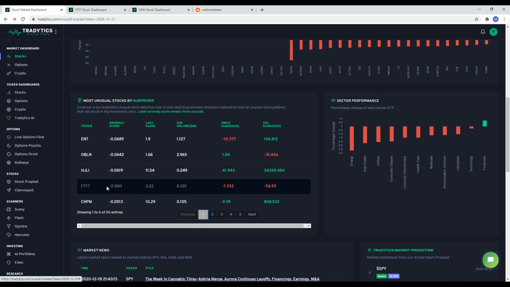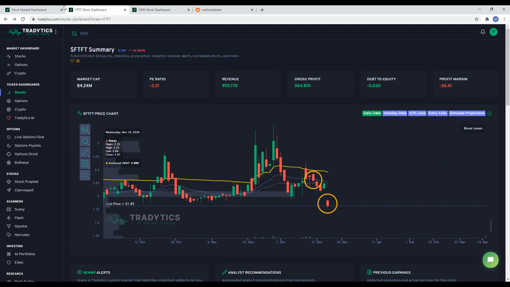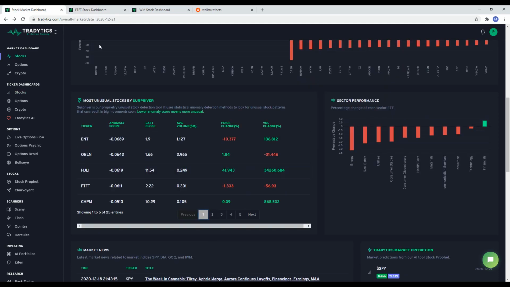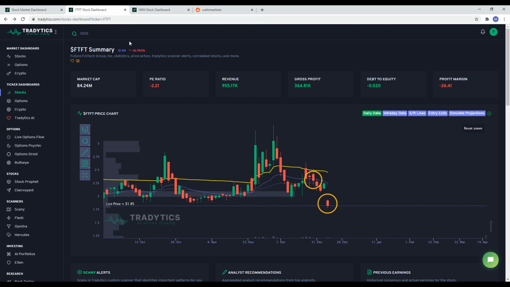Lower anomaly scores mean higher unusualness in the stock. Let us take a look at an example of FDFT. These stocks are reported one day prior. For example, the ones we are looking at were reported on Friday, December 18th, one trading day before Monday, December 21st. Looking at the daily chart for FTFT, we can see that it was reported on December 18th, 2020, but